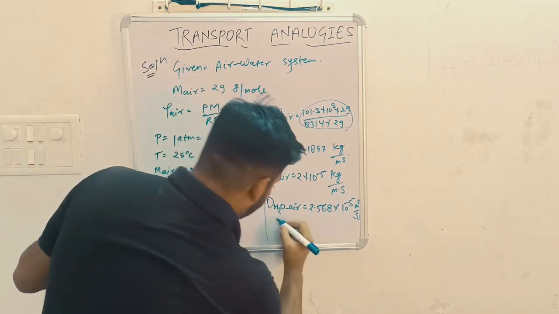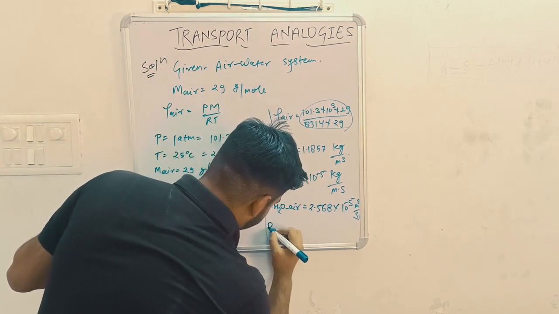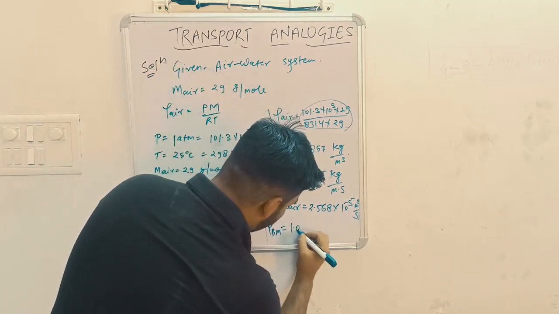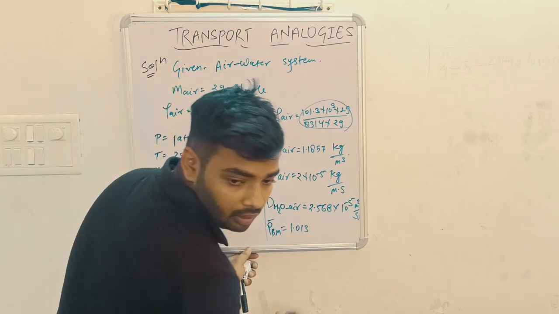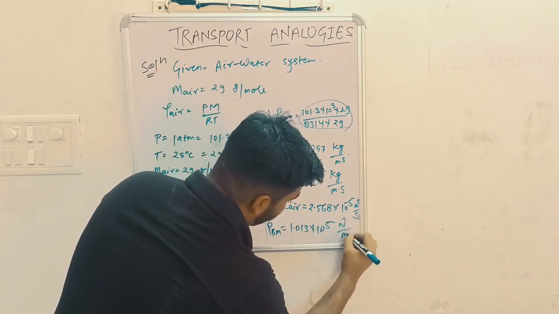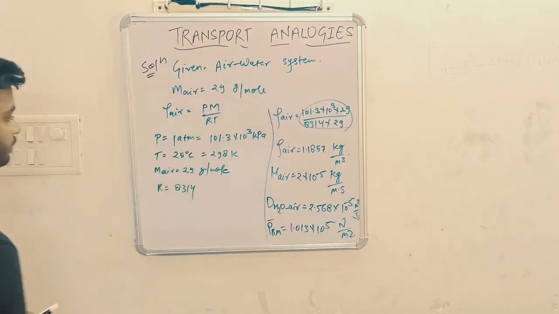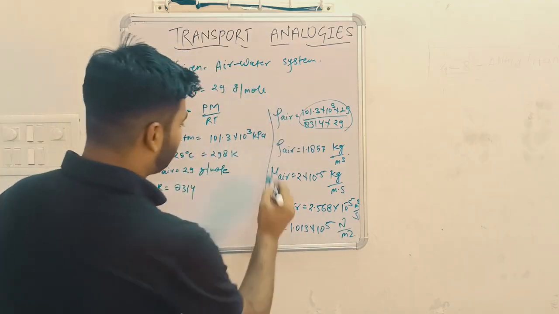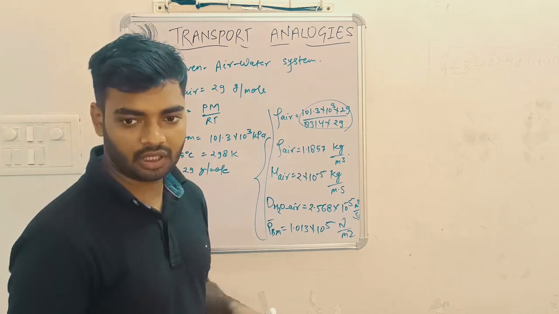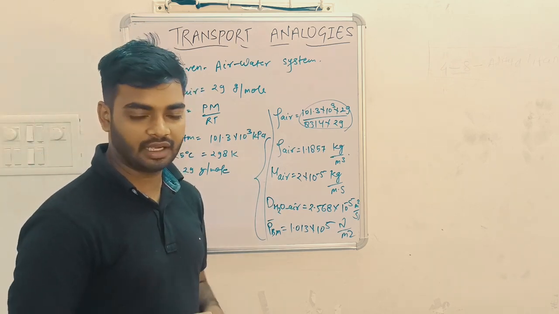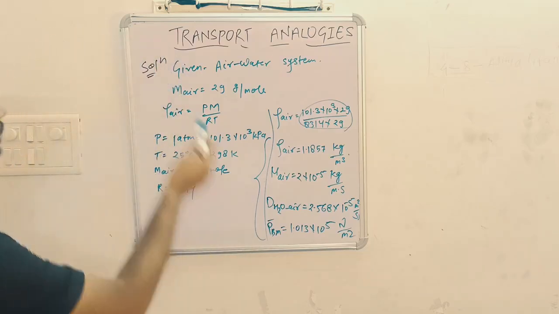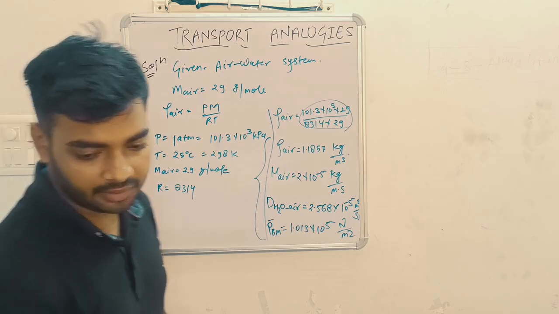Also, we have given ppm as 1.013 into 10 power 5 Newton per meter square. That is 1 atm. So, using this value, we will calculate JD, which will further be used for calculation of Stanton number, and from there we will calculate mass transfer coefficient, and further we will get mass transfer rate of naphthalene.